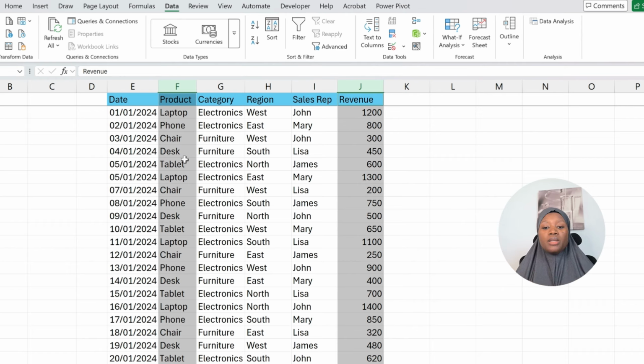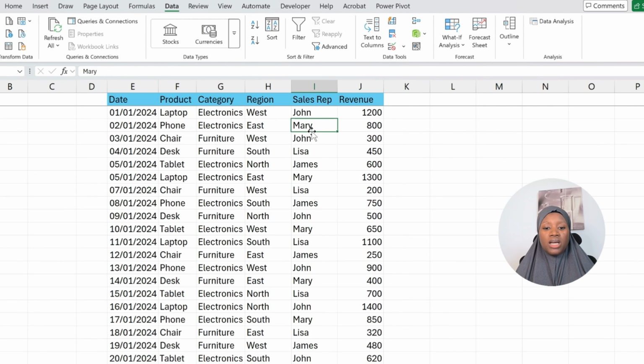We will also like to now see for each category of product, maybe for all chair, we also want to see the amount from highest to the lowest. So let's take a look at how to do it. So first thing you need to do is that